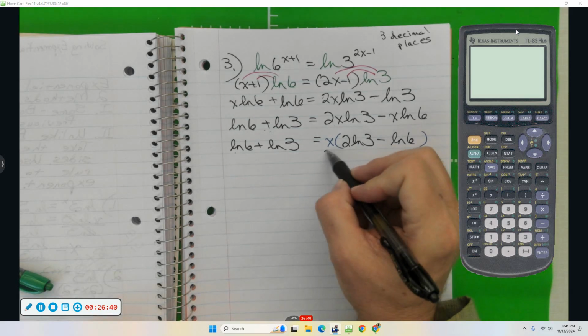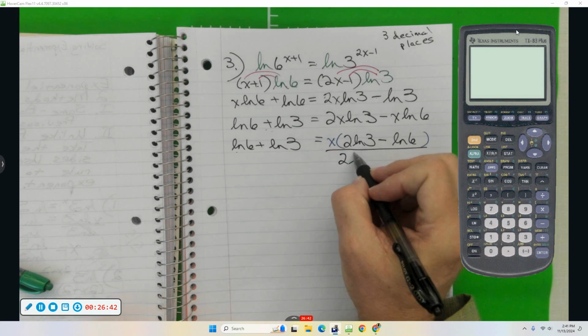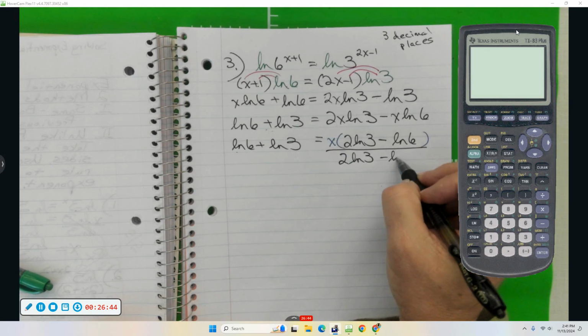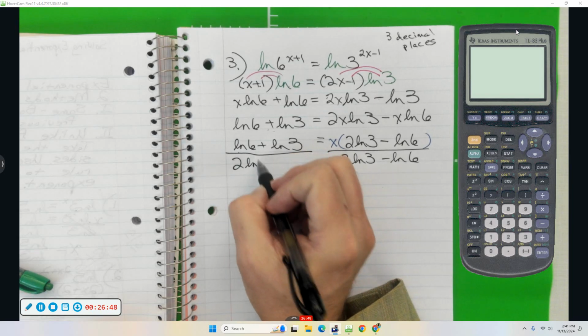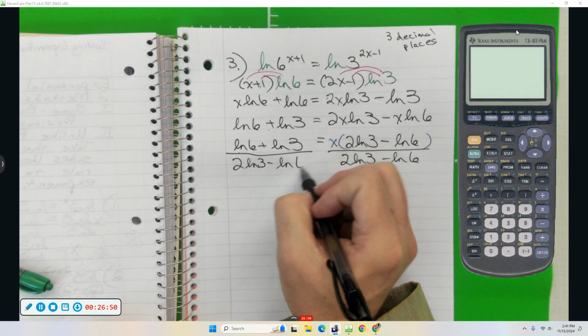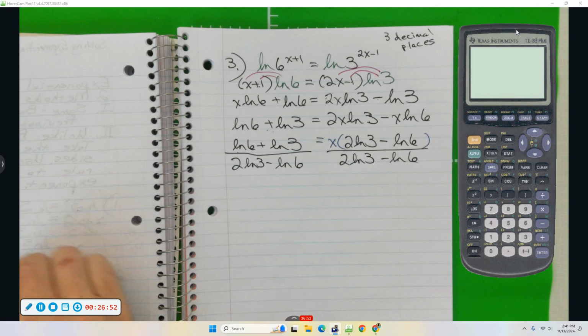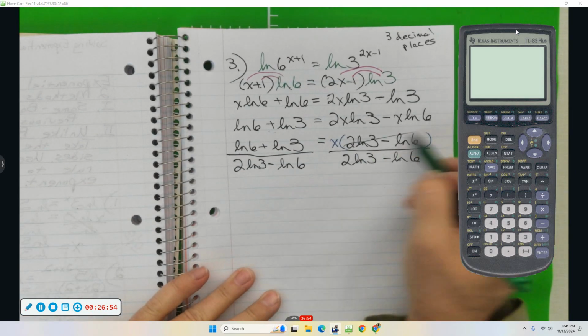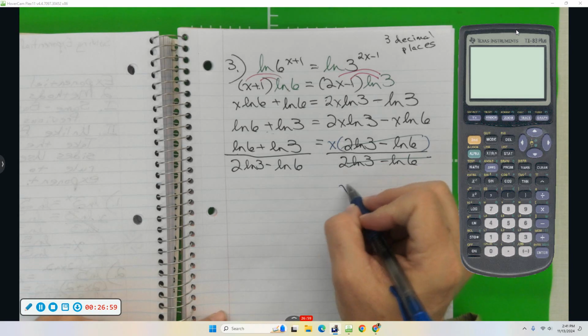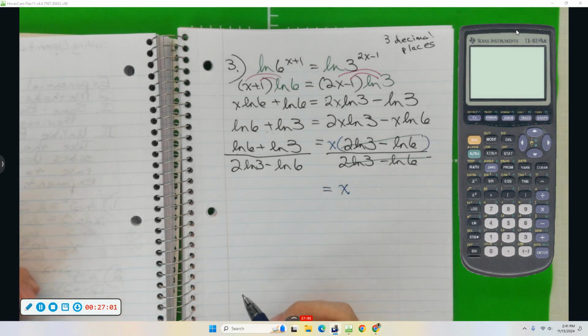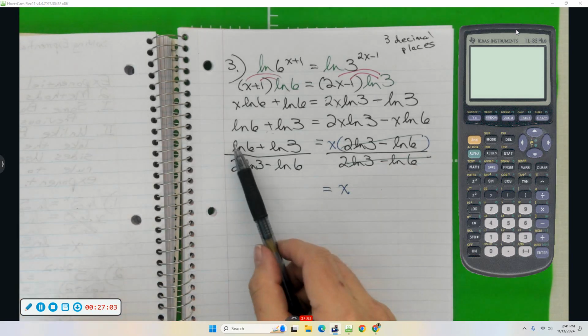We divide by 2 ln 3 minus ln 6. So that cancels out, leaving us with x equals, here's the stuff you have to punch into your calculator, ln